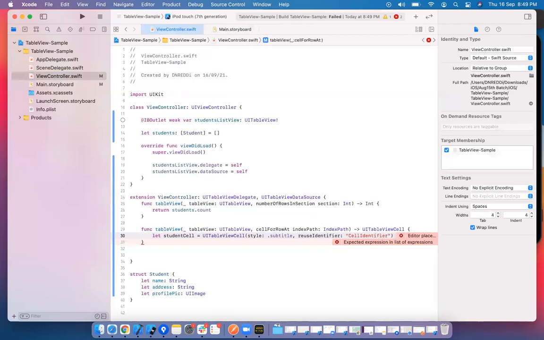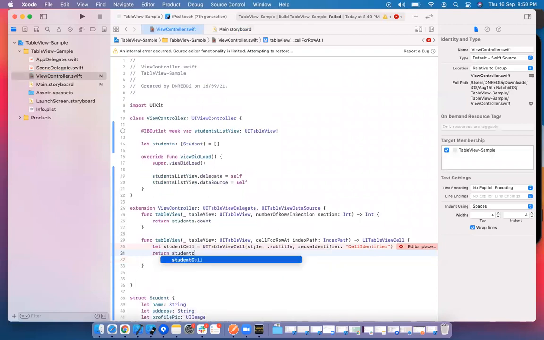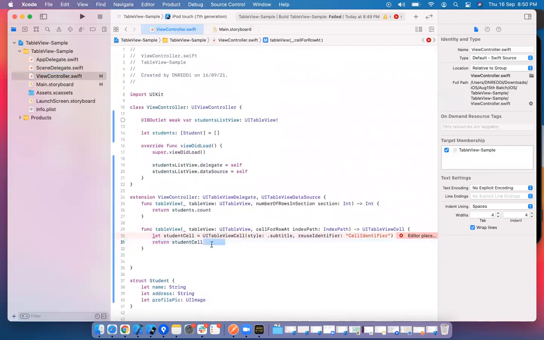I'll tell you why we are using a reuse identifier. I'm creating a new table view cell here and returning that cell. Returning the student cell. The student cell is now your table view cell only.